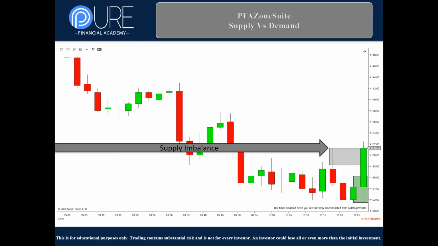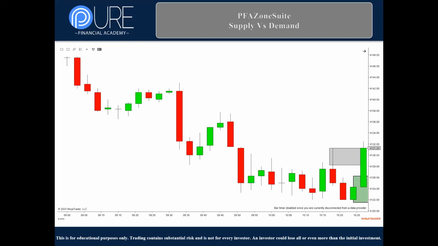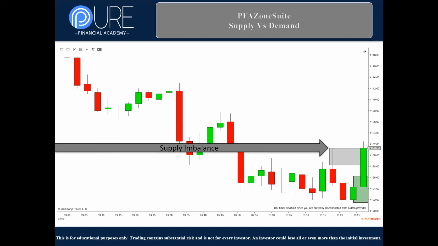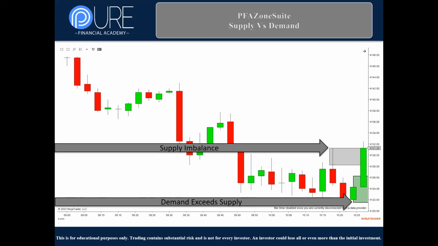All right. And let me also preface this with what I've now said probably multiple times, but I love to be redundant with the things that are worth being redundant for, without discretion. Okay. So here, as you can see, let me back that up. You can see here that we have a supply imbalance, simply a supply zone. This is automated. The software did it for us. We don't do this, okay? We can, but we don't. So we have the supply imbalance, and here we have demand. You can also see the green zone below, so we have demand, which thereby exceeds the supply.